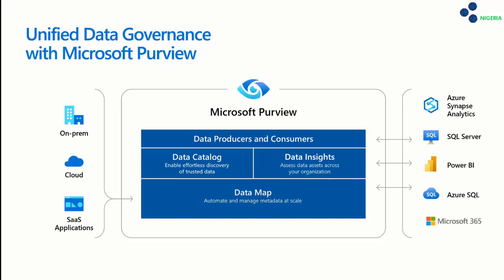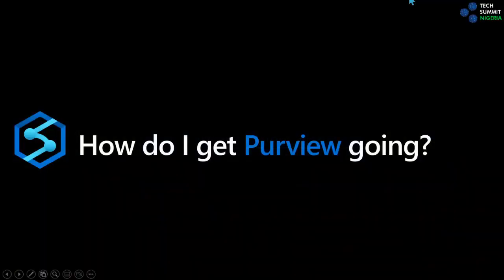And then I mentioned also the discoverability is something that's important to data governance, so people don't keep building all these silos out there, is the data catalog, being able to query the data. And also something that's really interesting is being able to tie it to the language of your business. Microsoft is really bad about having acronyms. You can potentially store those acronyms and tie them to the data assets and make that discoverable. So really powerful stuff. But I'm a very learn by doing kind of a gal, so I'm going to talk about how we get Purview going while we look at the tool.